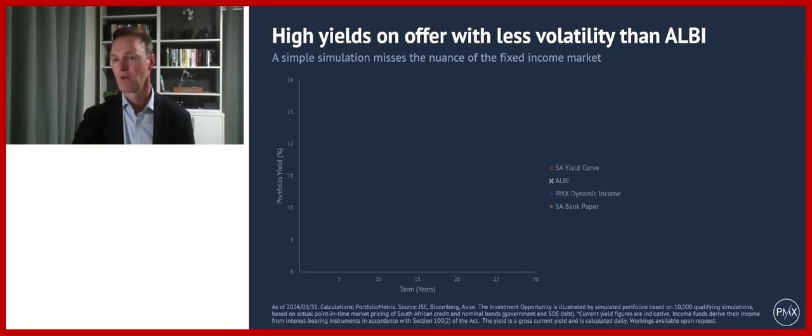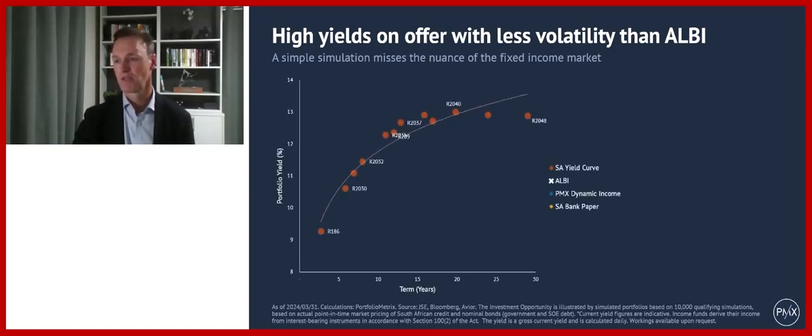So really what to understand with South African bonds, this is showing the major government bonds, and this makes up the majority of the All Bond Index. These are the yields currently, and this is the term to maturity of those bonds, from the 2026 maturity out to the 2048. There's now a 2053 bond, but it's not in the index as yet. And this is showing the weighted yield. In other words, the market cap weighted yield of the All Bond sits around here at the moment with an average term around 10 years.